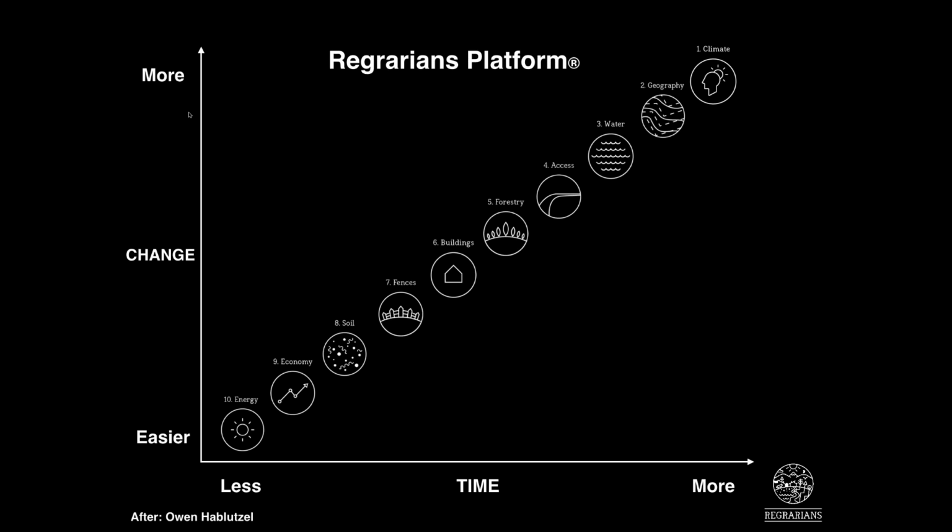Owen Hablitzel, who did the first keyline training with us in California in 2007, was able to continue to work on the scale of permanence in his work, and if you look at some of his materials out there, if you do a search on keyline scale of permanence and Owen's name, you'll see some of his materials. What we saw there was that Owen looked at the way that